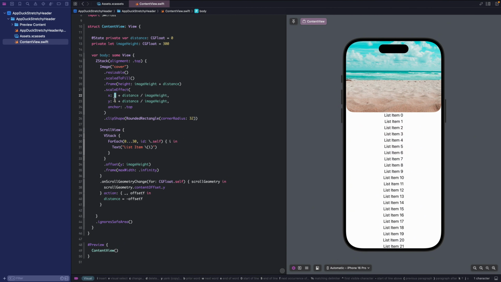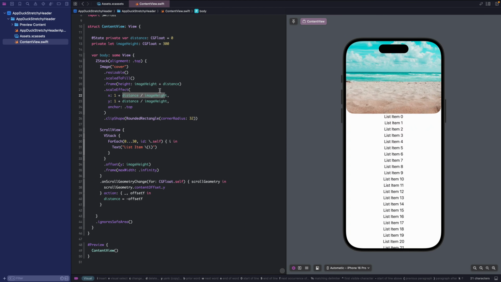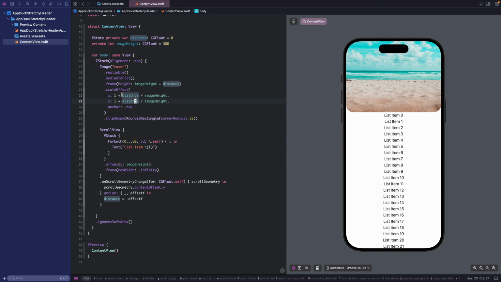The one here is because the scaling starts at 1. So when we scroll the scroll view, we add the multiplier to the base scale. Now we have got our stretchy header ready.